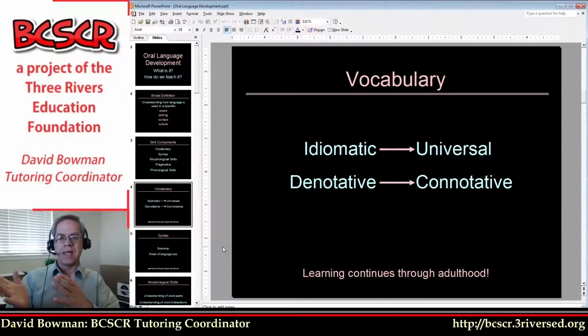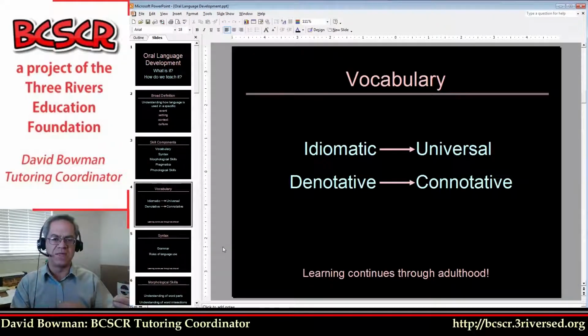We're also looking at the spectrum from denotative meanings. In the dictionary, this is the definition, to more connotative meanings, which is here's what these words imply. This is the more nuanced language. The word may have a specific definition, but here's how people interpret this word when they hear it or when they read it. So we're looking at those spectra around vocabulary use, from individual denotative all the way through universal